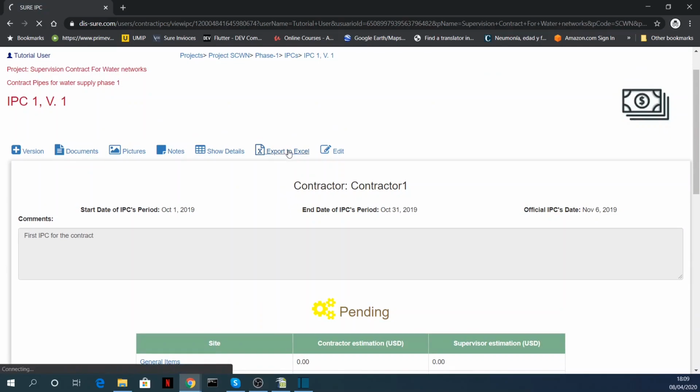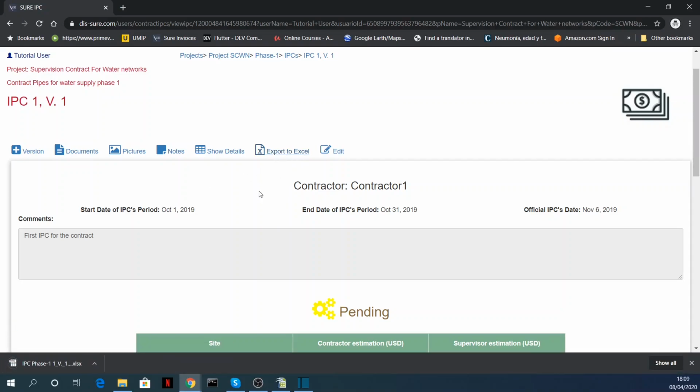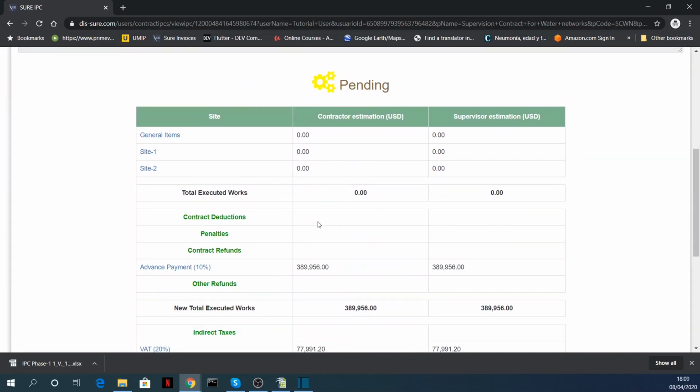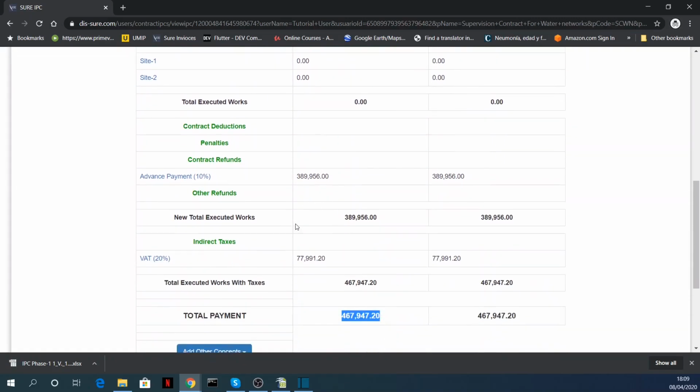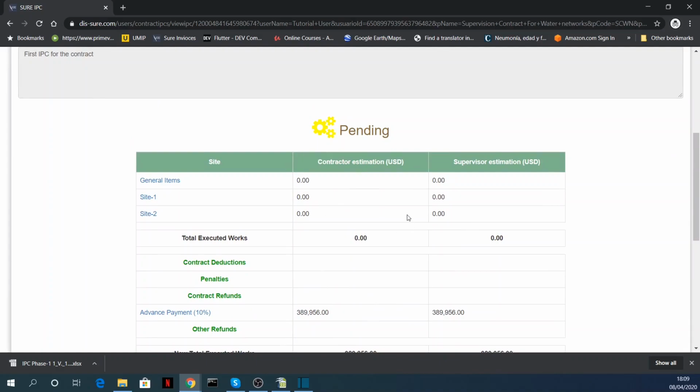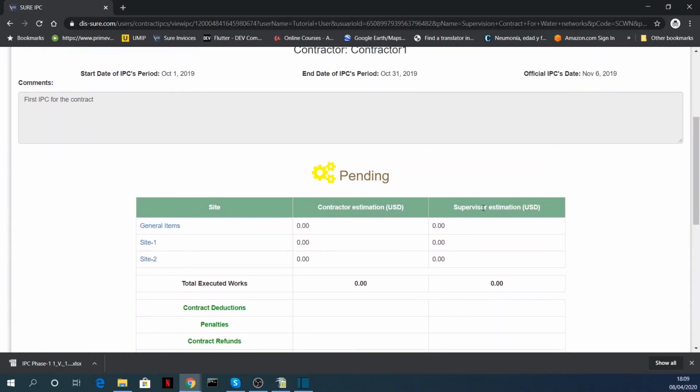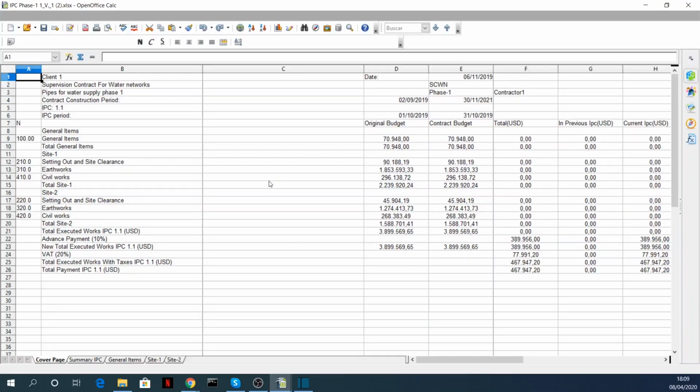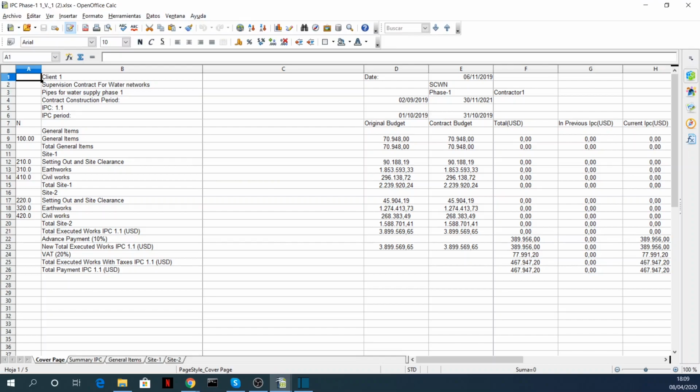If we just click on this, Sure automatically creates all the IPC formats and documents and includes all the values that we have already included here. At least all the values that are already included in supervision estimations. We will see that later. So if I click on here and I open my file that has been just downloaded from Sure, I can